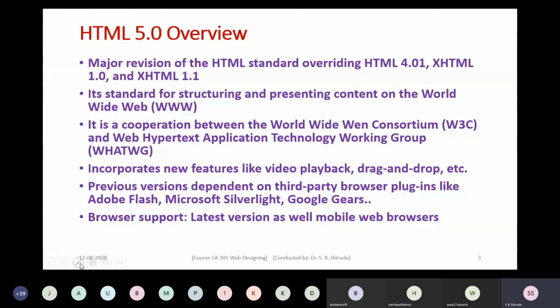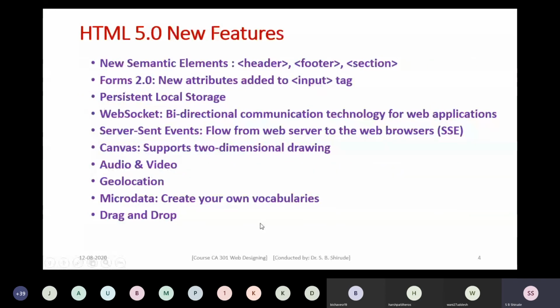After considering this overview, we are going to learn about the new features which are added in HTML 5.0. Some new semantic elements are added in HTML 5.0, such as header, footer, section, aside.